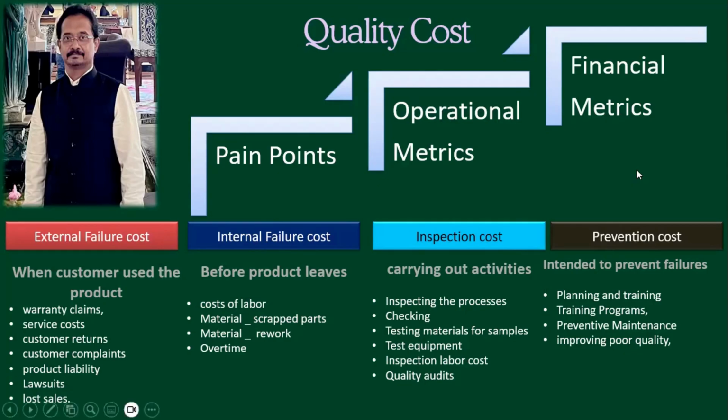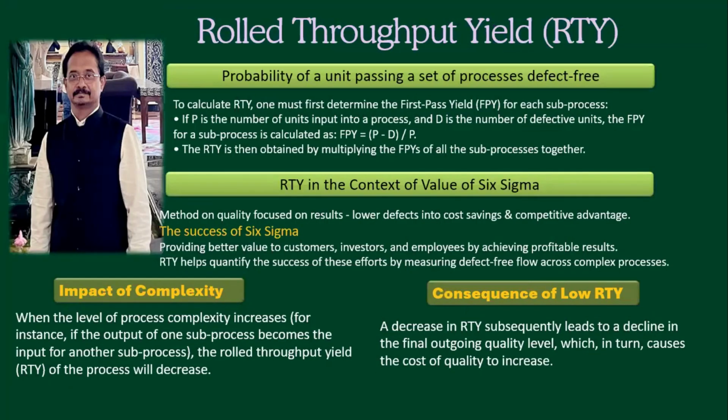Coming to the next one, what is rolled throughput yield? See, for example, I am filing a claim. Okay, we'll take the AR scenario. When I touch the claim, it is in process. That is my first touch. Is it going to resolve? Am I going to get the payment? No, the claim will still be there. The second time I touch the claim, it is denied for inclusive denial, right? By inclusive denial, am I going to solve this? No. What I need to do is send it to coding. This becomes three touches, right?